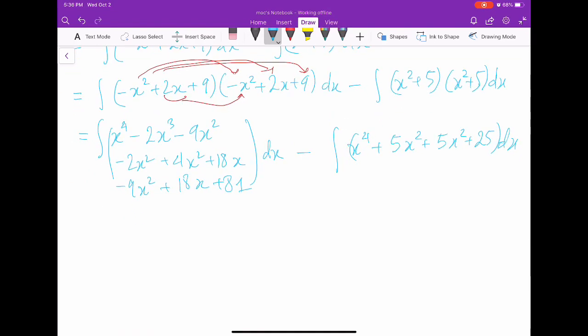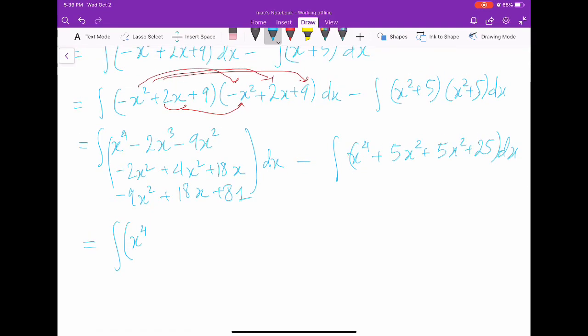Okay, so let's simplify the first one. I have x to the 4, and then with x, 2x cubed. So I think I do something wrong in here already. This term should be x cubed. You see, 2x cubed in here should be 2x cubed. So I should have negative 4x cubed, and then plus